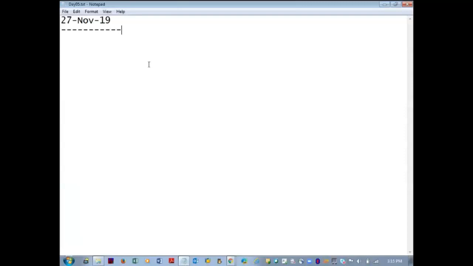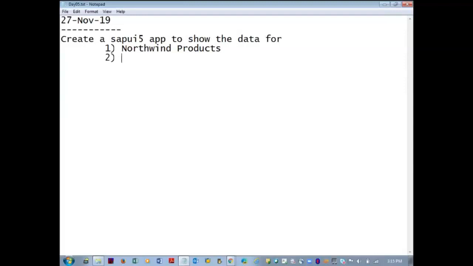Today we'll try to consume the Northwind services and SAP services, and see the data in a table control. Today's agenda: create a SAP UI5 app to show the data for Northwind products, Northwind customers, and the SAP product set.